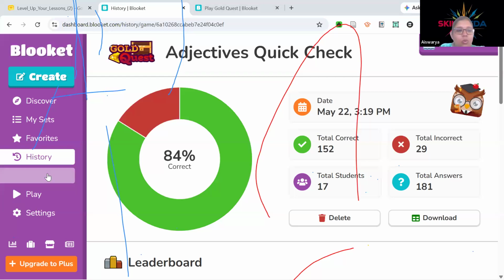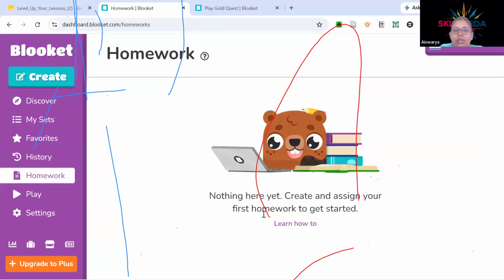And if you want to set it as a homework for the students also, you will be able to do that. So once you create your set,